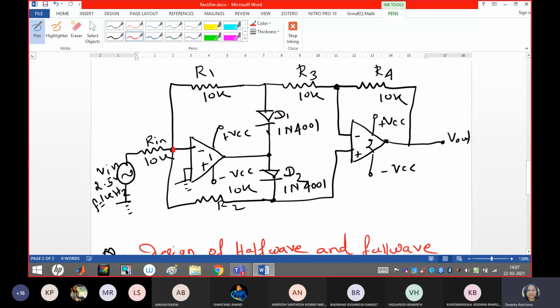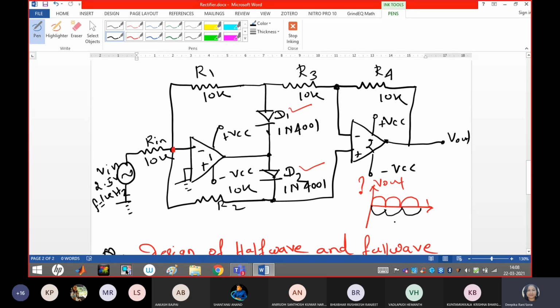Okay. So this is the full wave rectifier, right? Just see, guys, in this full wave rectifier, you have to check the V out. I will not tell the configuration of V out here. You have to trace it, because now D1 will act in the positive half and D2 will act in the negative half cycle of the input. So whether we may get this rectified output or we may get this inverted rectified output, you have to check.